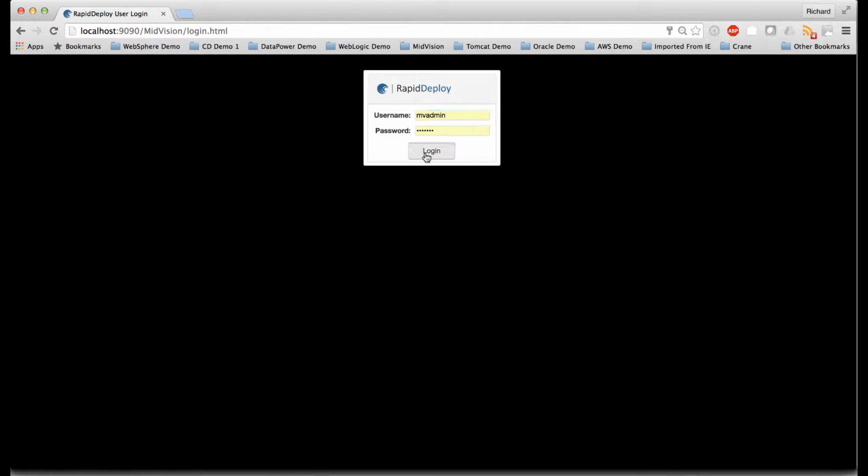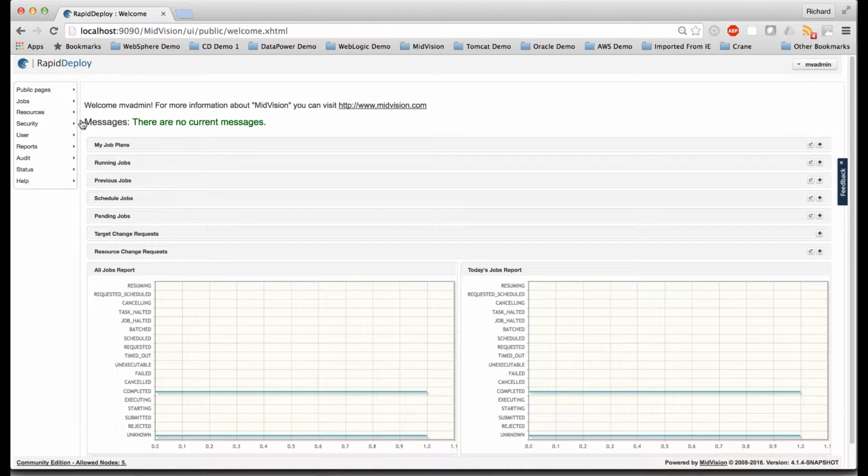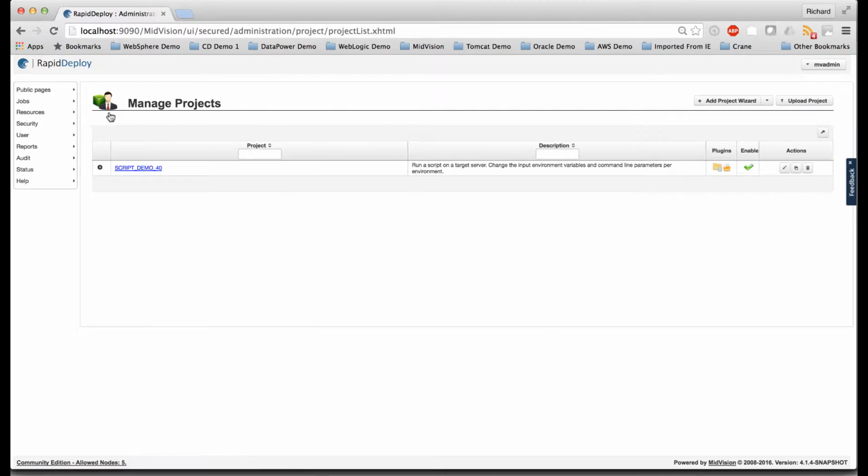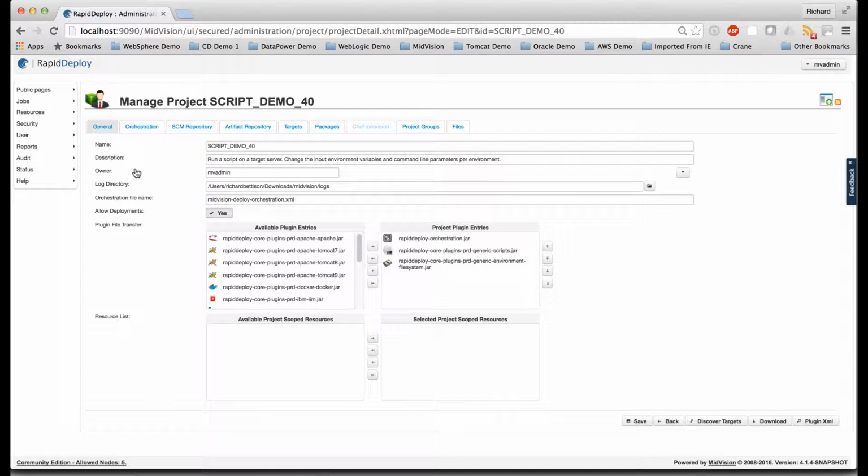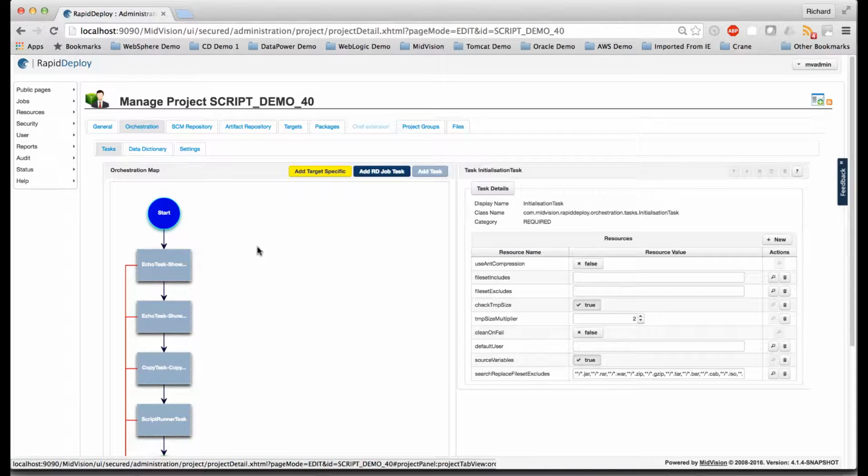So I'm just going to show you this by logging into RapidDeploy, and we're going to look at a project. Here I've got the script demo 40 project, and this is a project that you can download from our portal site, portal.midvision.com, and it's one of the projects that we've used in some of our other how-to guides. So if we look at this project and at the orchestration, we can see here